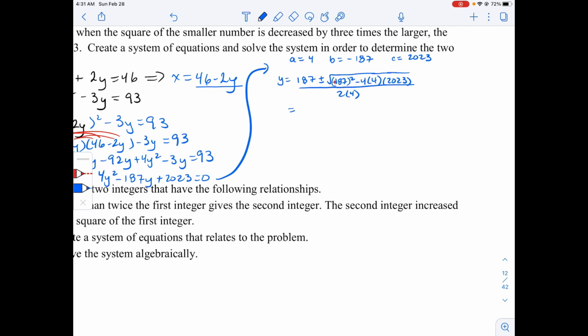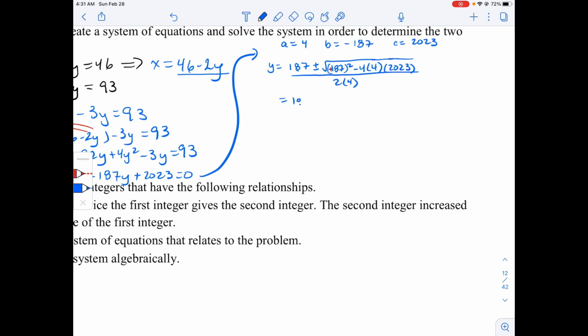And when we simplify that, we get plus or minus the square root of 2601 all over 8. And if we plug that 2601 into our calculator, we get 187 plus or minus 51, which is the square root of 2601, all divided by 8. And of course, to solve separately, y is 187 plus 51, all divided by 8,